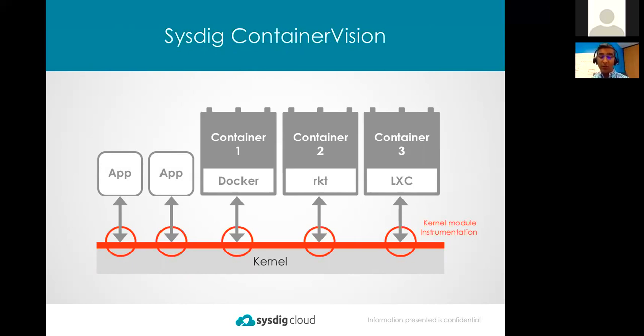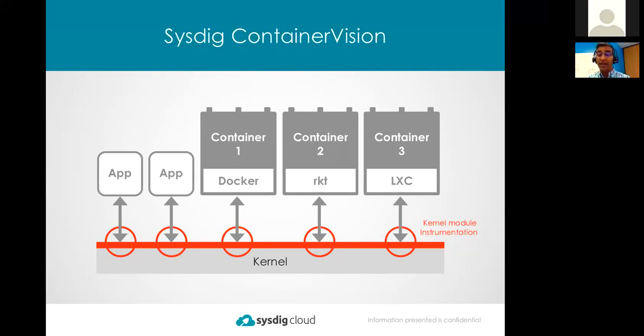And from this single point of instrumentation, we can see not only file I/O, we can see network calls, requests for other resources, and requests to other containers. We can see everything happening on this host from this single point of instrumentation. In addition, we can see things like custom metrics flowing, whether you're using JMX or StatsD or something similar. We can see those metrics flowing through the system, and we can capture those.